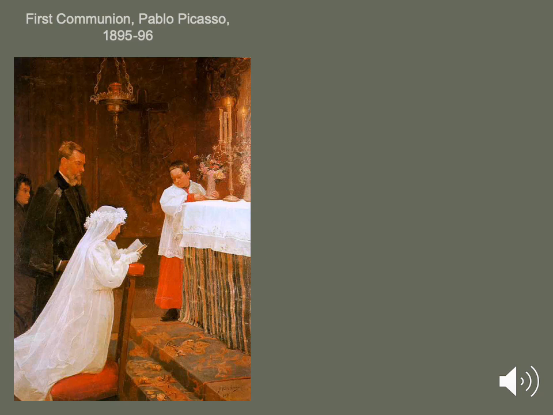Artists will also use proportion and foreshortening. If you look at the figure who is kneeling, you can see that the artist has used foreshortening to create the second hand there. You can see how the second hand is much smaller than the hand that is closest to us, and that is a technique called foreshortening. Things look smaller the further away they get.